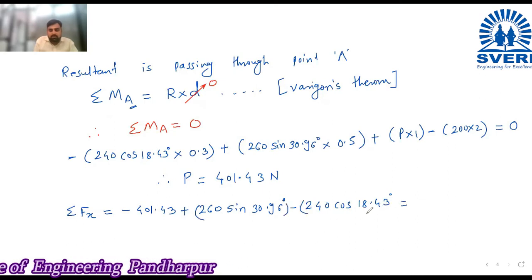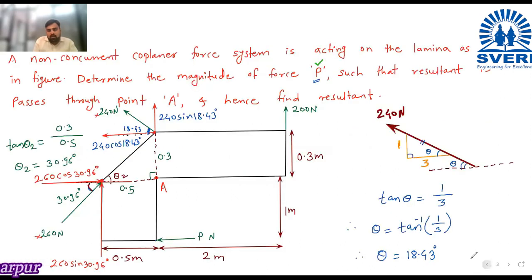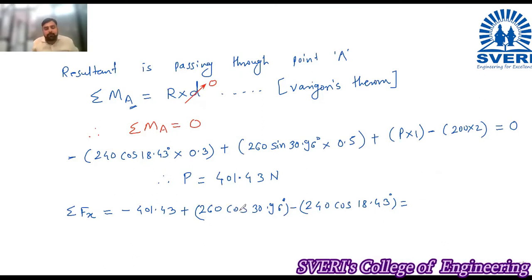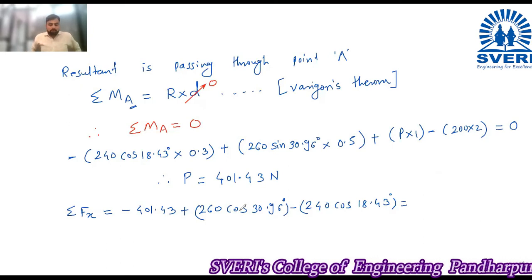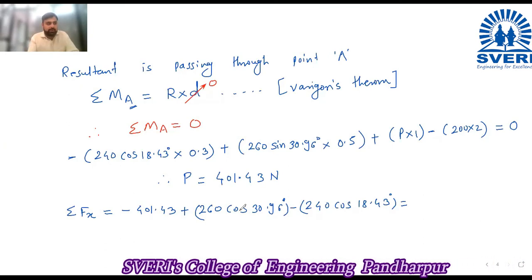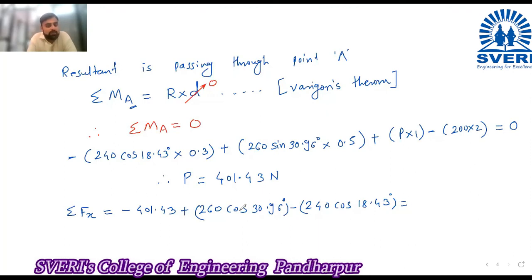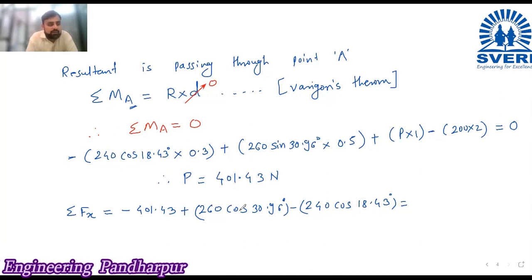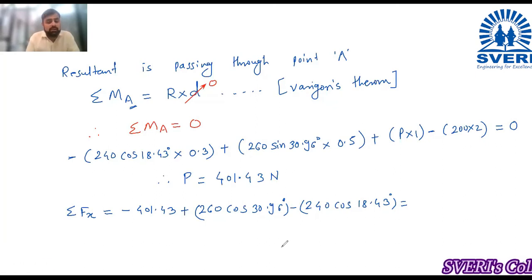Sir, इथे साइन चे 260 cos 30.96. Right, correct. Very good. Cos. म्हणजे तुम्हाला समजायला लागलंय तर लक्ष आहे. गुड. बरोबर आहे. साइन चुकून लिहिलं होतं मी, कॉस पाहिजे. करेक्ट. So now here summation fx, I have written the equation. Now you solve this equation and let me know the value of summation fx. What is the value? Put the brackets on while doing the calculation, so you will get the correct answers.